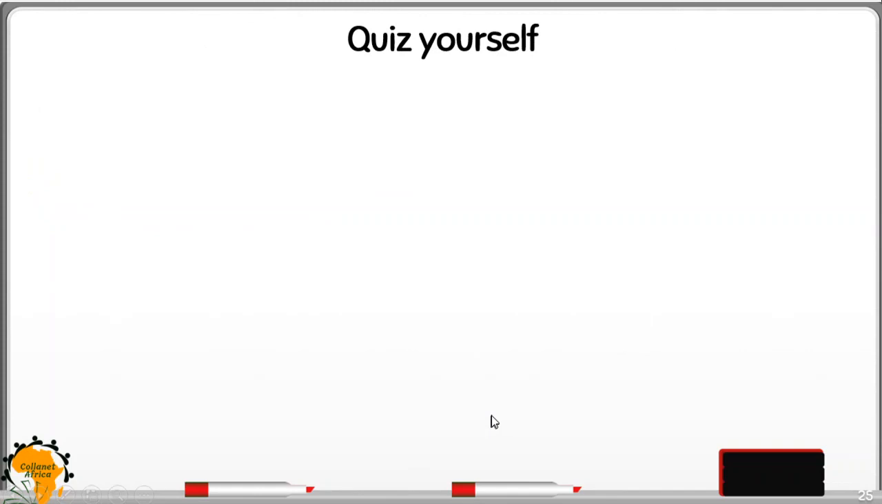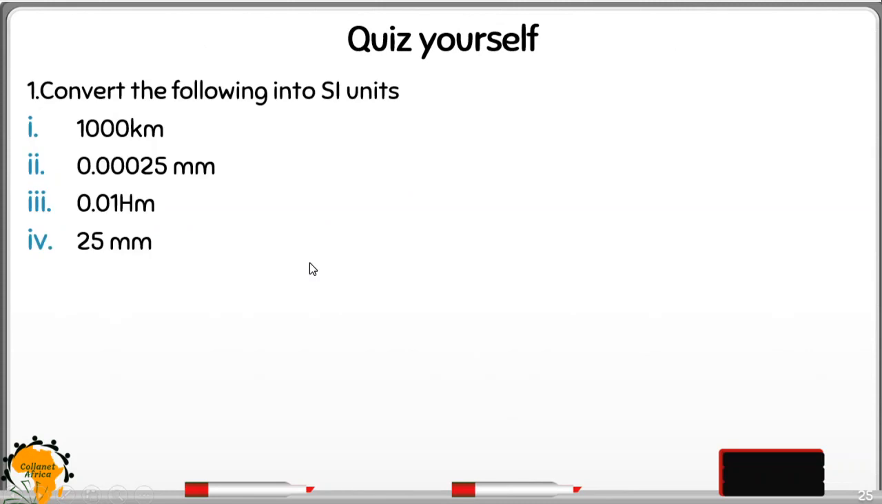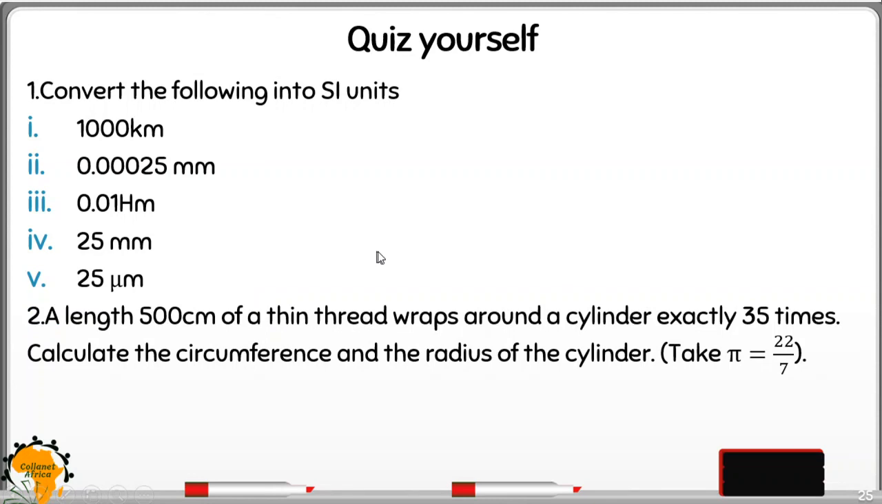Then we will have a quiz. Quiz yourself. Make sure that you calculate and get the correct answers. For the calculations, start by the formula, then substitute, and finally ensure that you write the correct symbol of the SI unit. Practice makes perfect. Ensure that you are able to get the correct answers. Thank you, and let us